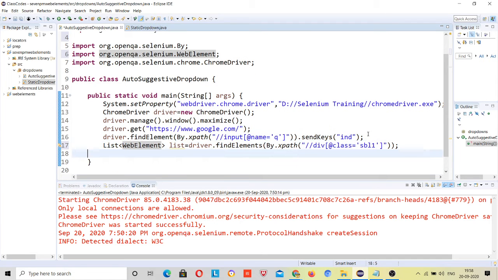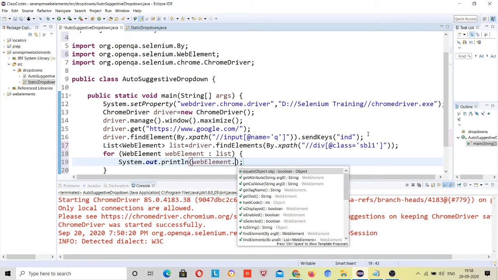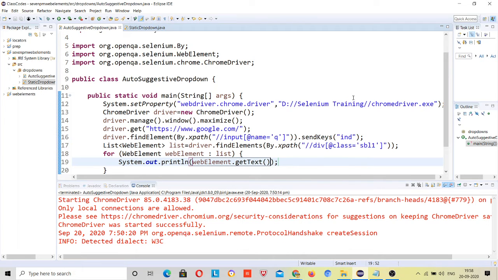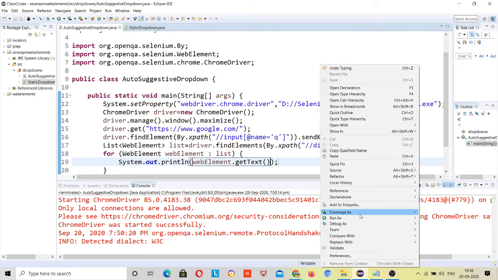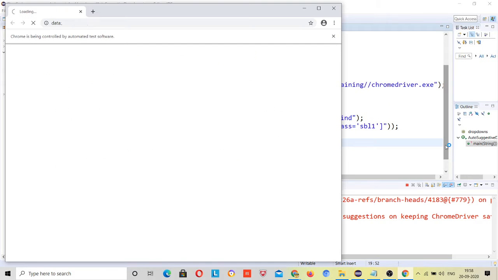Now just use the for each loop, control space, it will make that for you, sys out and print this web element. And from the web element you need to get text, right? You are locating the whole web element and you have to get text from that. If I run that, will it print all results? Let's see what happens.